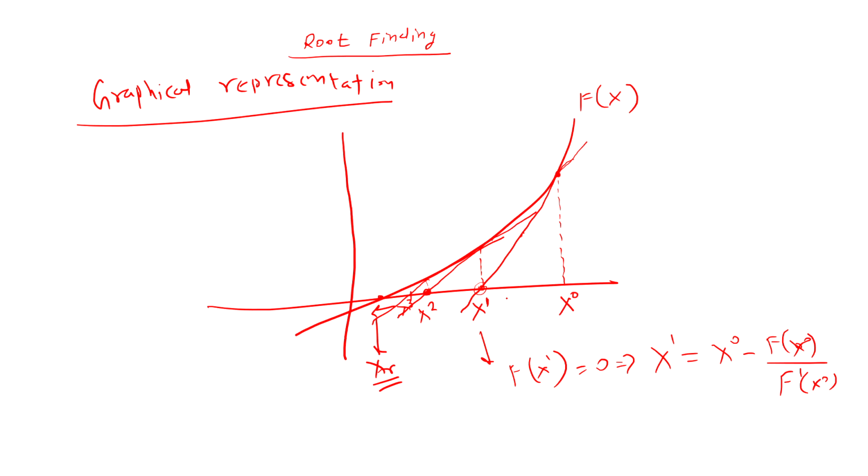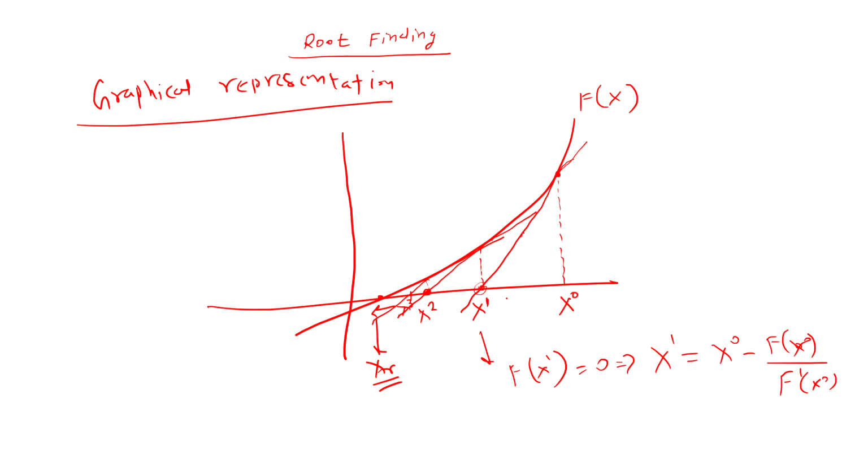Now we are assuming that since this is the line, at this particular iteration we have found out the solution. That means wherever that line is touching the x axis,